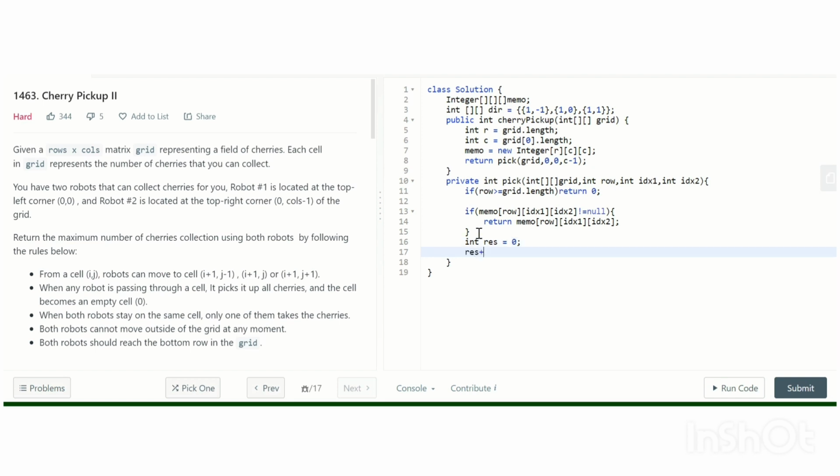We'll collect the cherries from grid[row][idx1]. We'll check if idx1 is not equal to idx2, or you can name them left and right. That is more clear actually. Let's keep it left and right, left robot and right robot.